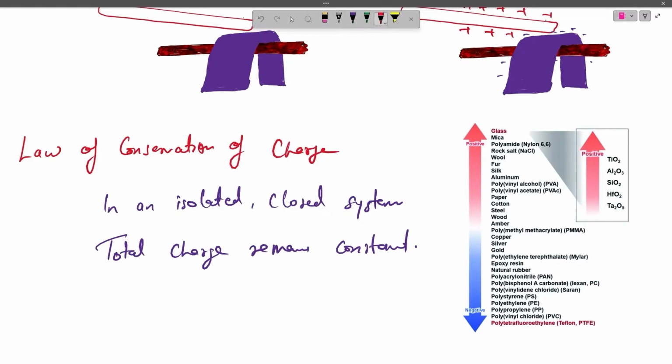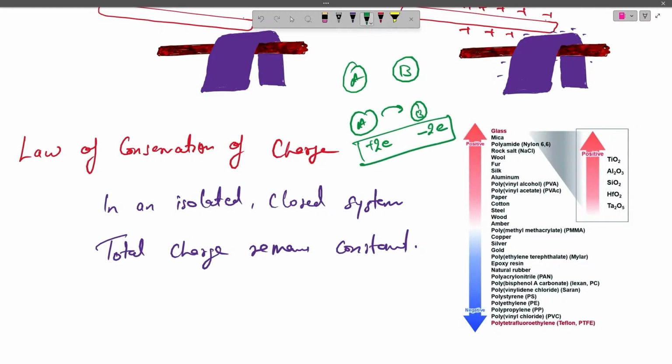Let us assume that there are two bodies, A and B. Initially they are both neutral, and after rubbing, 2 electrons are transferred from body A to B. There is exchange of 2 electrons. Now body B will acquire more electrons, so it will be minus 2e net charge, and on body A, since it is deficient of 2 electrons, so it will be having plus 2e charge. So initially they both were neutral, and finally total charge in this system is equal to 0. So this is what law of conservation of charge says, that in an isolated and closed system, total charge remains